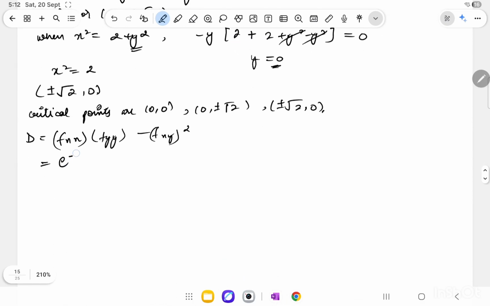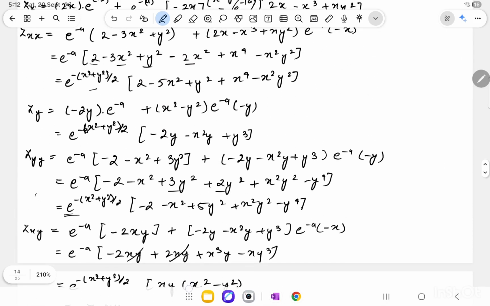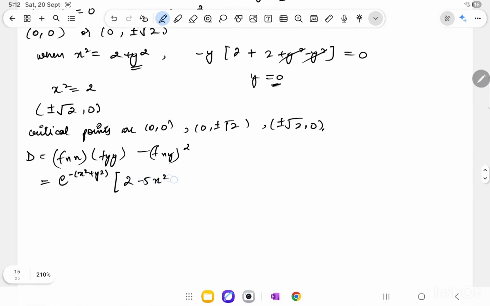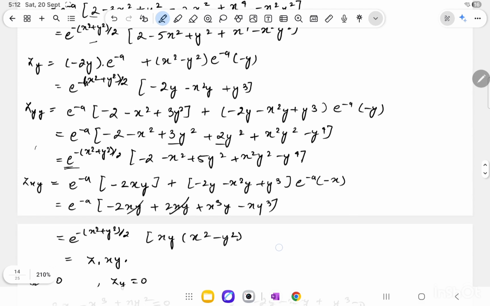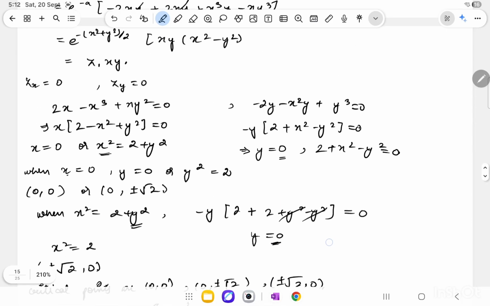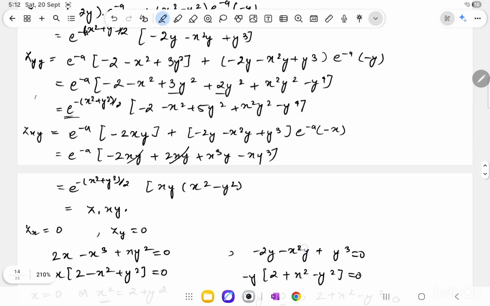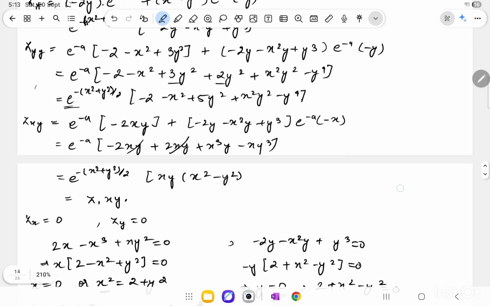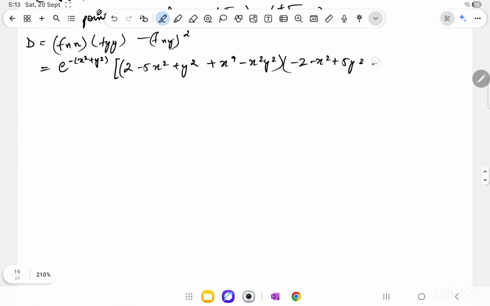So it will be e raised minus (x square plus y square) into (2 minus 5x square plus y square) plus x raised 4 minus x square y square, plus x raised 4 minus x square y square into (minus 2 minus x square plus 5y square) minus 2 minus x square plus 5y square, plus x square y square minus y raised 4 plus x square y square minus y raised 4 minus